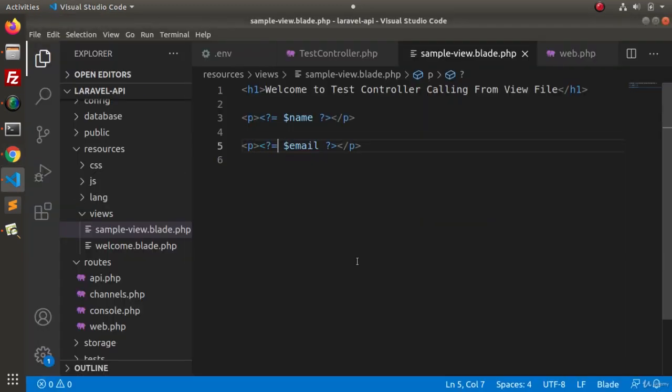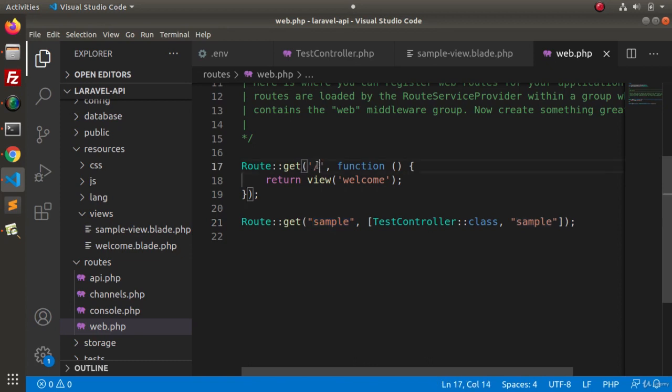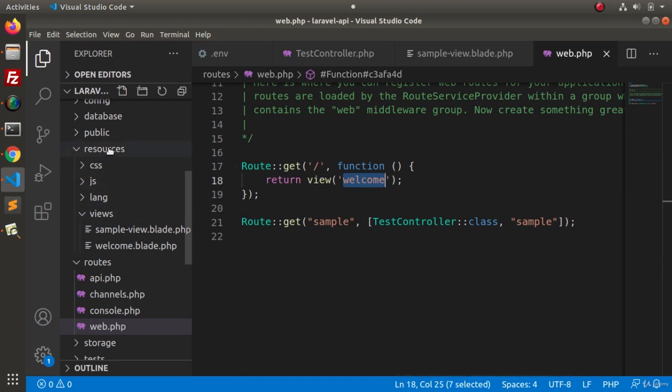And the last thing for this video is understanding this route. Route get means the welcome page, and inside this callback function we are returning a view file. As we know, if we are returning any view file, the view file name has the extension blade.php. So this is the file we are returning. This file is available inside the resources folder, views folder, and look at this file,